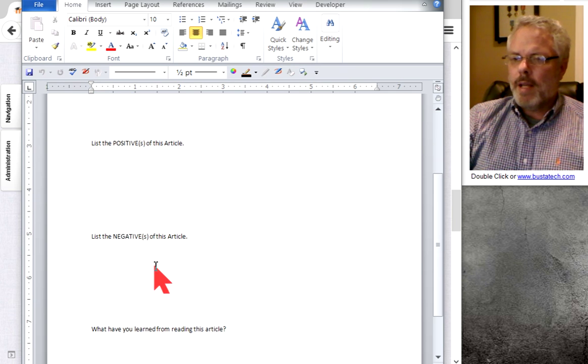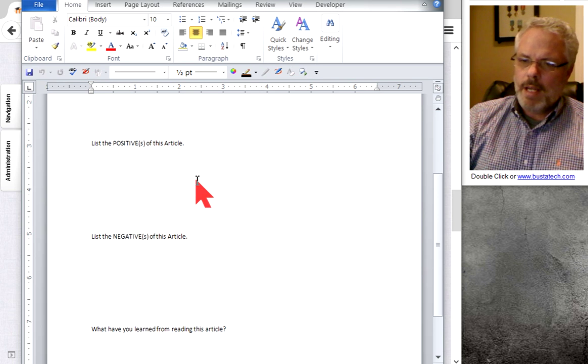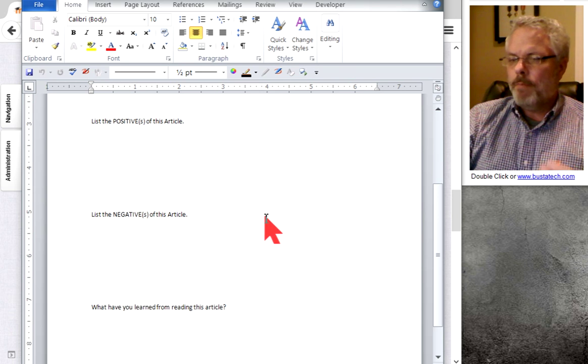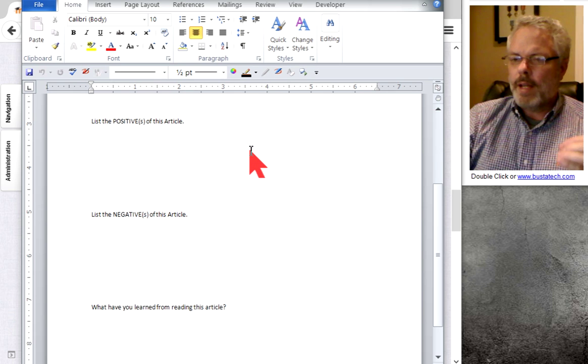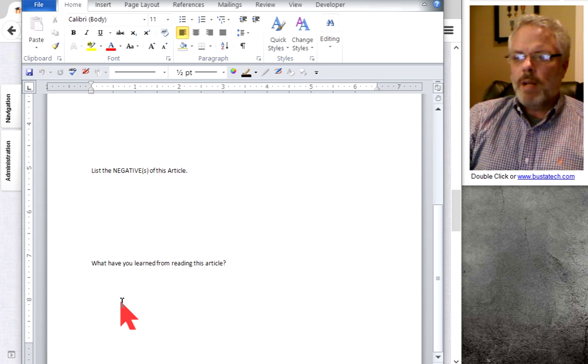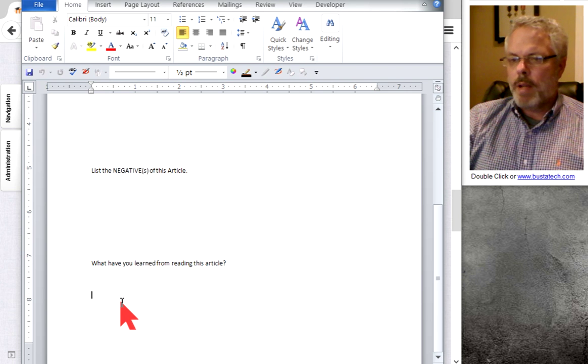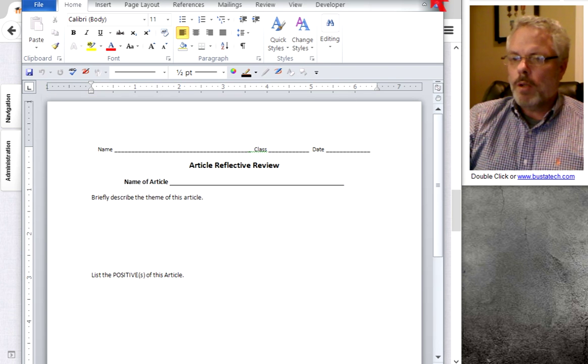I was so blown away by that, I adopted what he stated and added to the way that I require reflections from this point. List one positive of the article, list a negative of the article, and if you don't see a negative, you don't have to list one. But there should be 1 or 2 positives in the article, and don't use blanket or rhetorical statements. Make sure that you provide me with the evidence that shows me that you have actually read the article. And then a brief statement as to what you may have learned from the article, or you may want to share with the others what you think is the best way to describe the article. So I'm very wide open when it comes to the reflections.